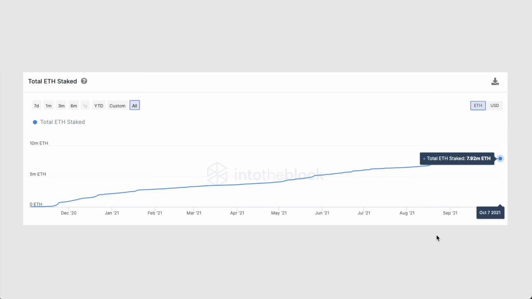And let's start with talking about the transition to proof of stake, because this has been a thing that Vitalik Buterin has been looking to do, transitioning away from proof of work to proof of stake because of the more environmentally sustainable, secure, and scalable blockchain that can emerge from that transition. And of course, this is all about environmental footprint. And by moving to proof of stake, the blockchain will be able to consume